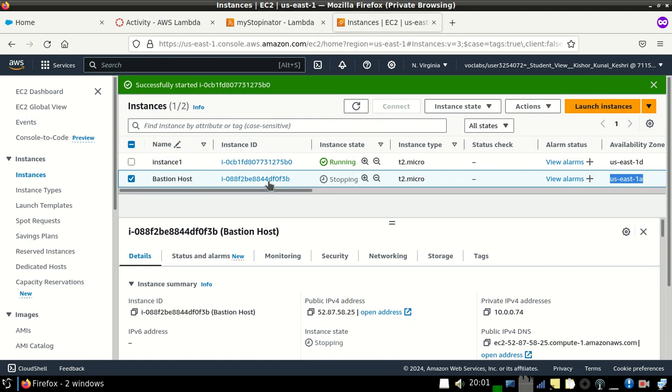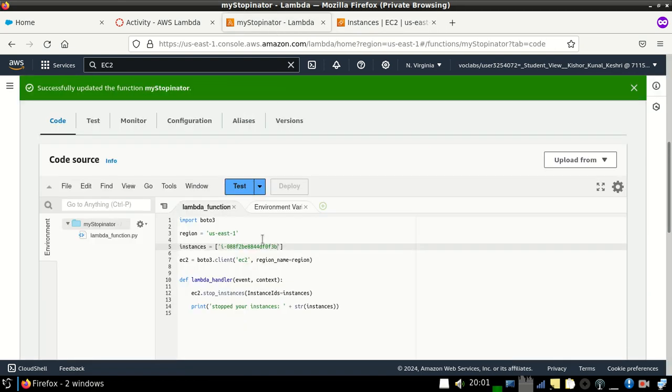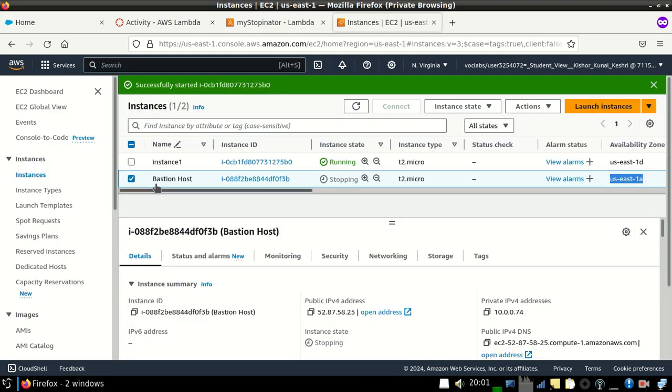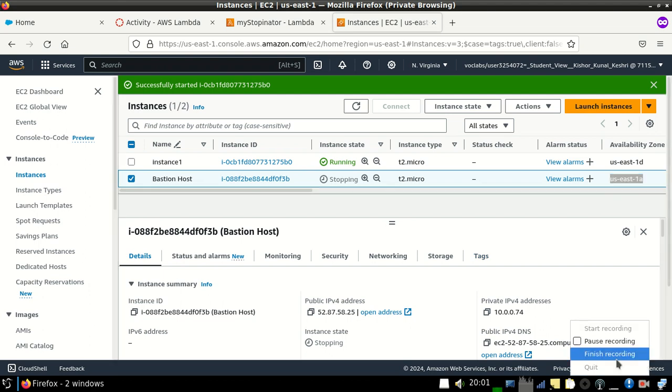Instance 1 is running, and this instance is now stopped. As we changed the instance ID through that code, the Boston instance is stopped, but Instance 1 is running now. Okay, this way our lab is finished. Thank you.